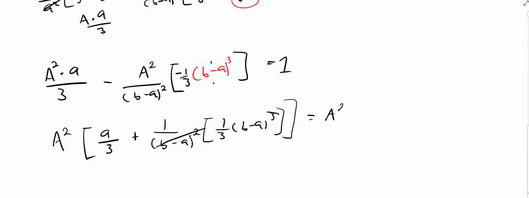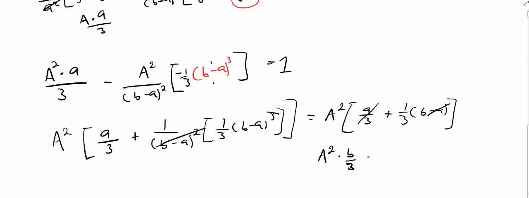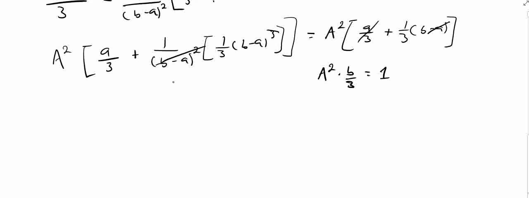Almost done. This equals A squared times lowercase a divided by 3 plus 1 divided by 3 times b minus lowercase a. And we see our lowercase a's will actually cancel out, and we'll get capital A squared times b divided by 3 has to equal 1. And from here, we can solve for A. So where did my pen go? Okay, it's right there. A squared is going to equal, oh, it's not A squared, let's do A. It's going to equal the square root of